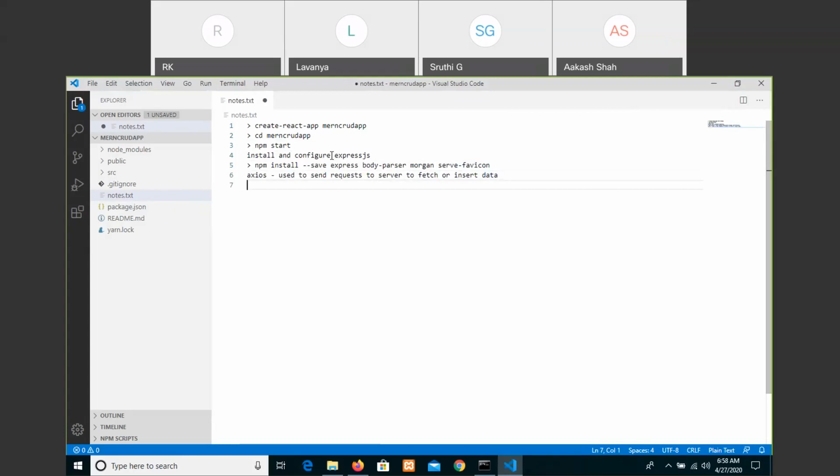Additionally, we also need to install body-parser.